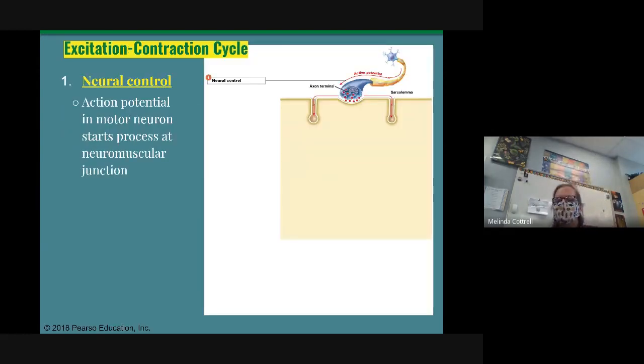The top is neural control. So this is everything we learned about the neuromuscular junction and action potentials and membrane potentials. The neural control is the start. This is where the neuron is going to come up close to the sarcolemma, which is the cell membrane of the muscle fiber. This is going to start the process of